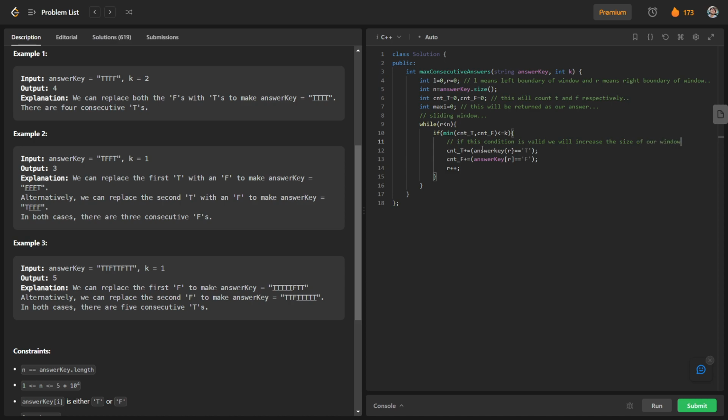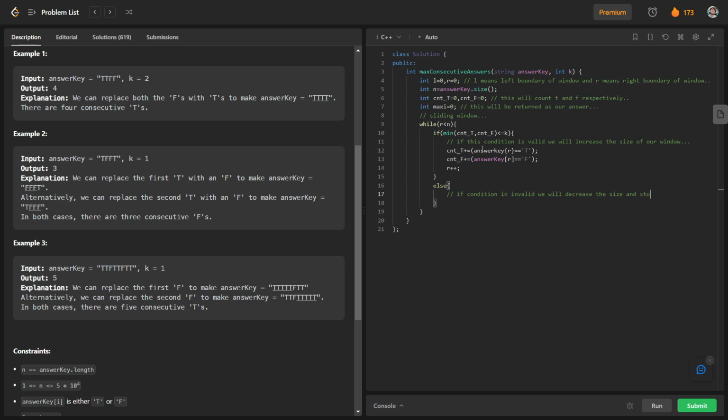Okay, so in this way you can see that we have increased the size of our window. And again talking about the next condition, if the condition is invalid, we will decrease the size and minimize it.